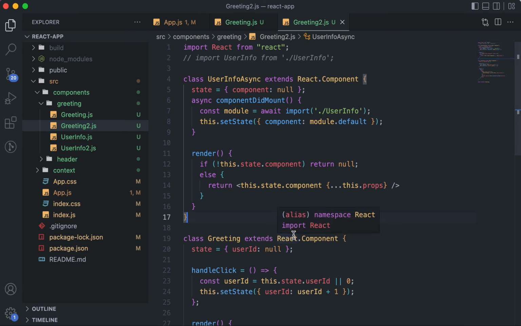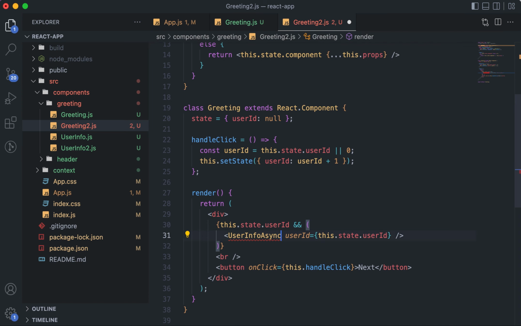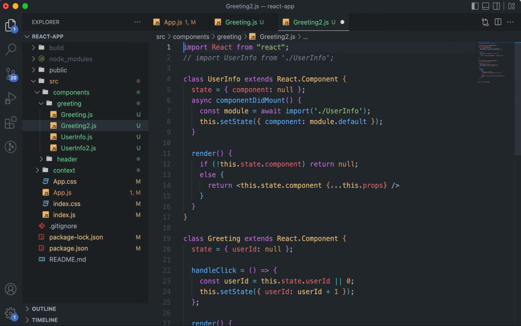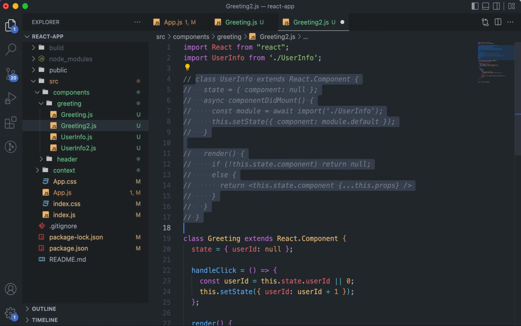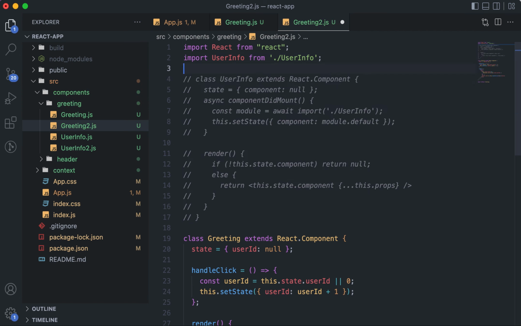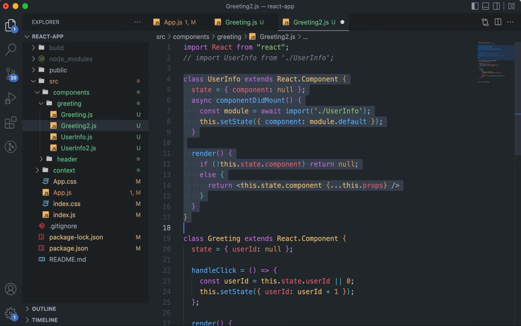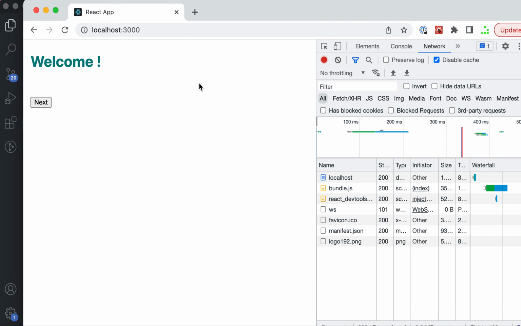So we were saying that, again, like user info async you are using, and you could have used simple user info. The advantage of using the same name is that you can quickly toggle. So right now there is no code splitting. Right now I just commented and created an async version of it. Okay, so we have seen that, yeah, we have achieved the